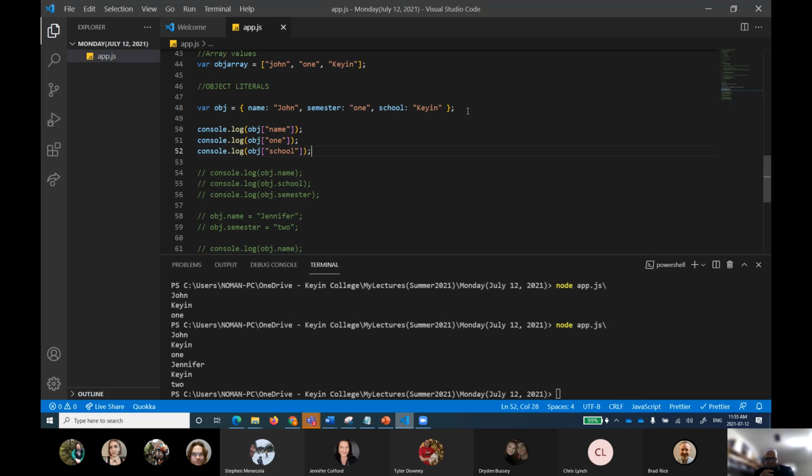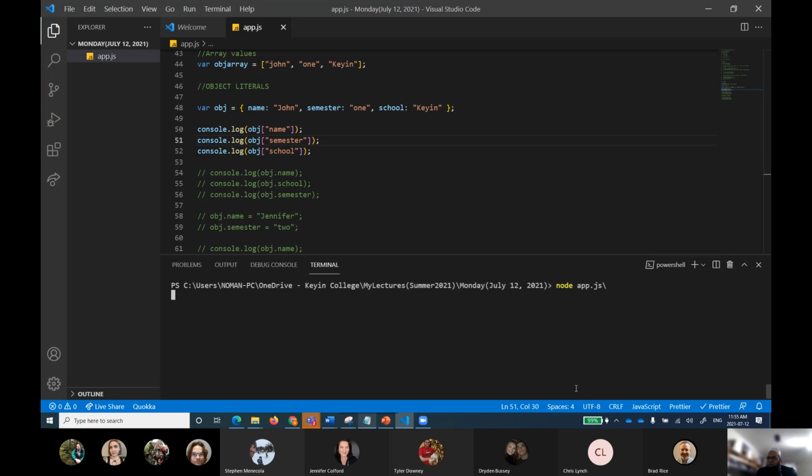Stephen, what is wrong with line 51? That's excellent, right? Very right. But what is wrong with line 51? Can you tell me? You gave the value instead of the key. Exactly, Stephen. I'm very happy. I gave the value. Okay, I understand your answer as well, Jennifer. So I have given the value here. Rather, I am supposed to give what? The key here. Now let me just show you the output, and then I'll tell you what is going on.